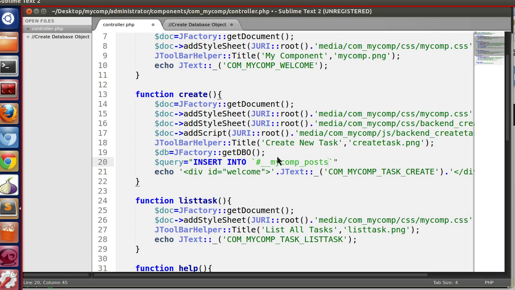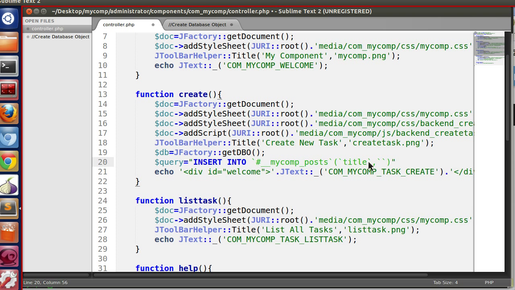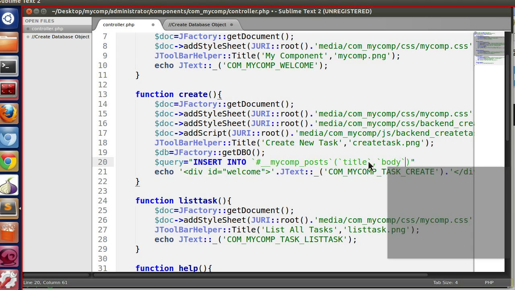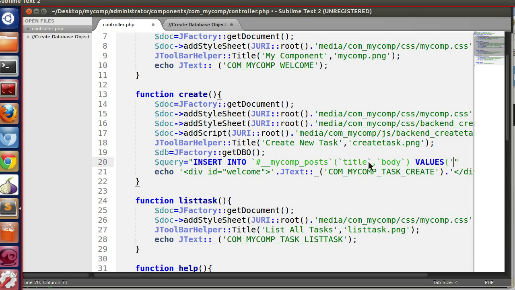So hash underscore underscore, this is the prefix, and then the table name. Now we will specify the field names. So title and description, not body, and values